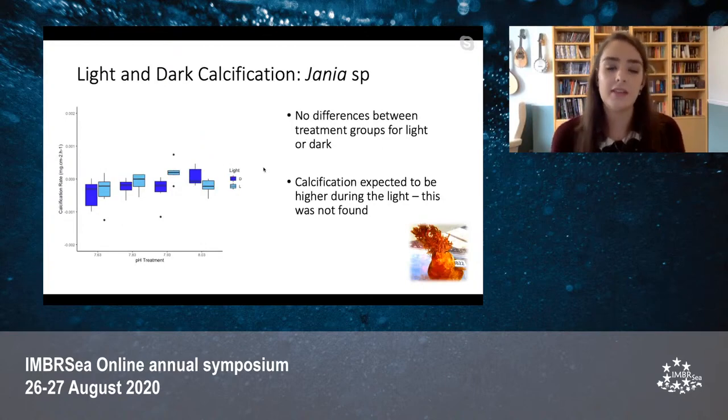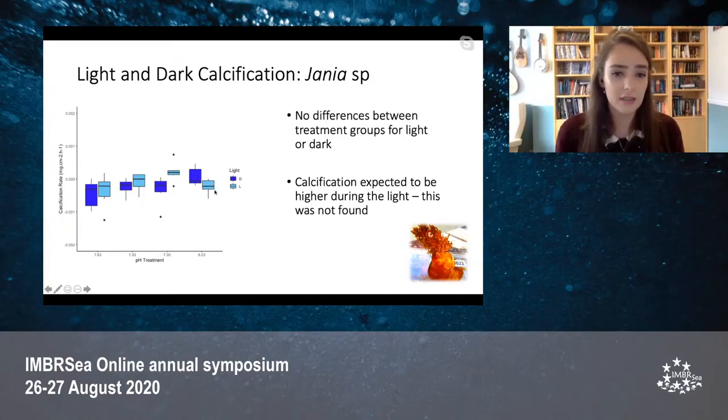So if we then look at the calcification rates for the Jarnia species, I found no significant differences between the treatment groups in the light or the dark, and the light is in the light blue and the dark is in the dark blue. So it was expected that calcification should be higher in the light and lower in the dark as the pH is higher in the day. However, this was not found, and the rates were close to 0 or below 0 for all of the pH